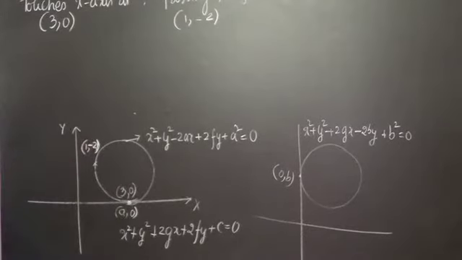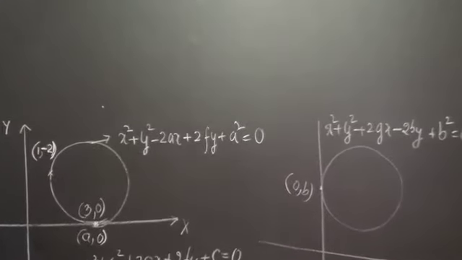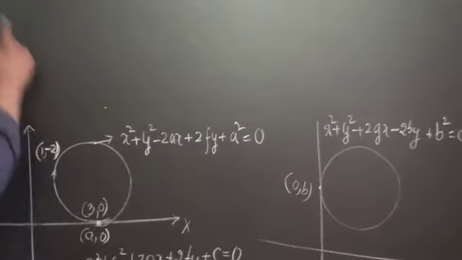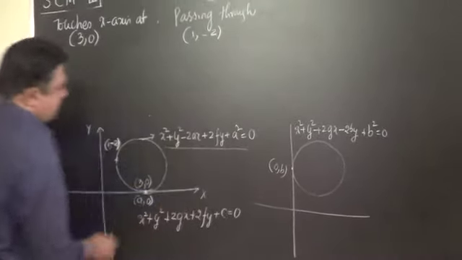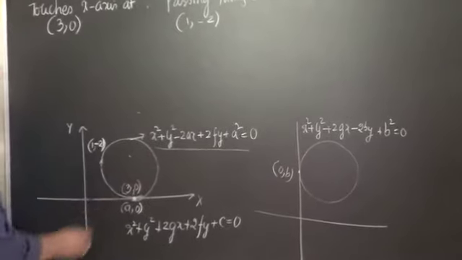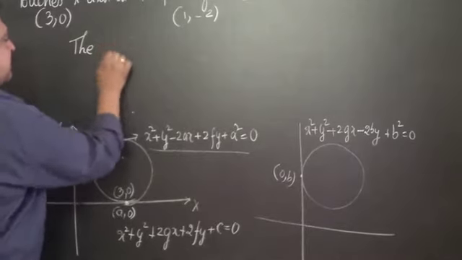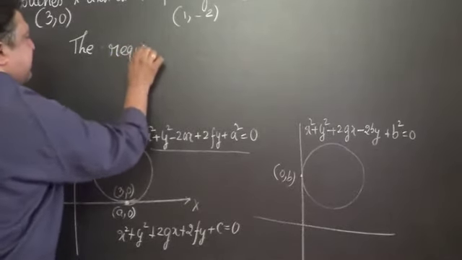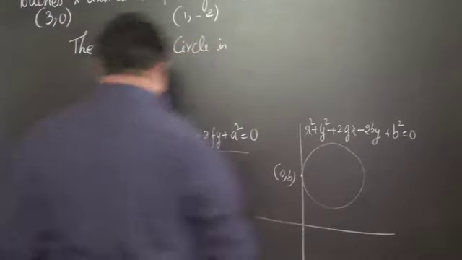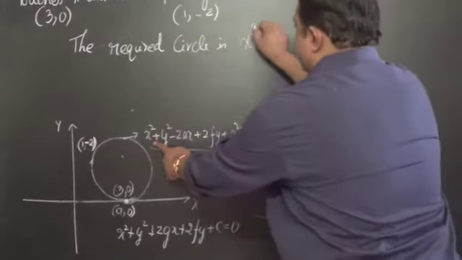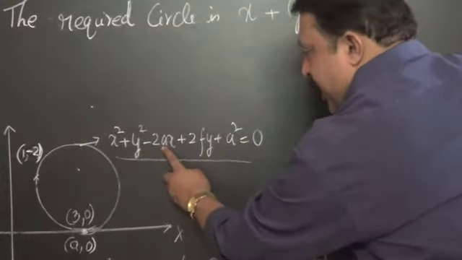I am just showing that (1, -2) is a point on the circle. Now you know that if a circle touches the x-axis at (a, 0), then its equation is of this form. So the required circle should have the equation in this form. Therefore, I will directly write the equation: x² + y² - 2ax